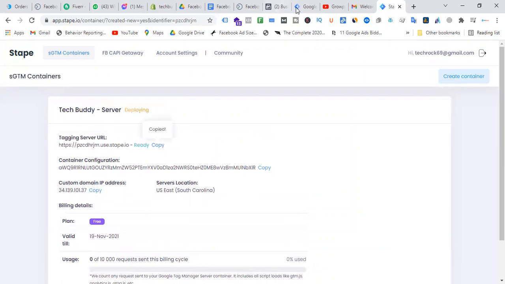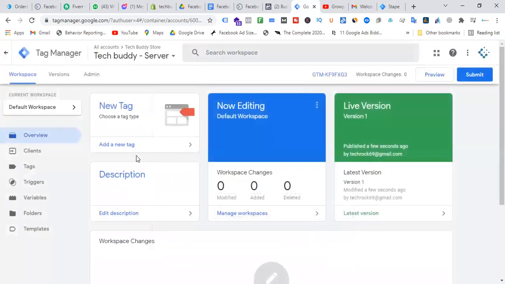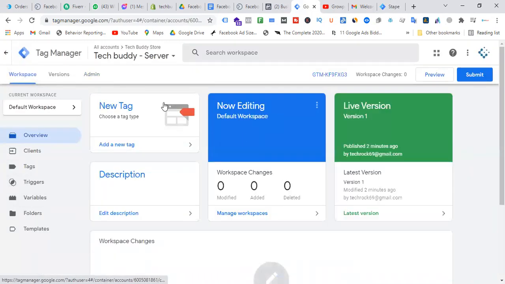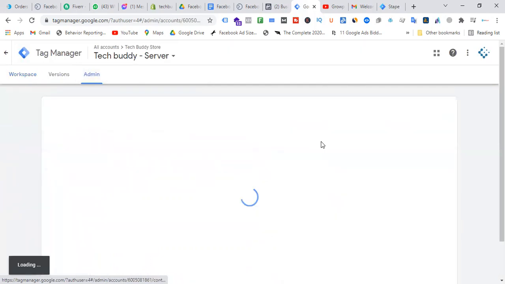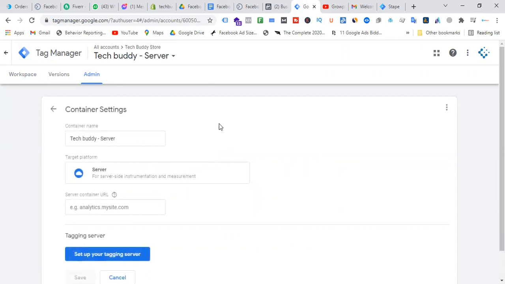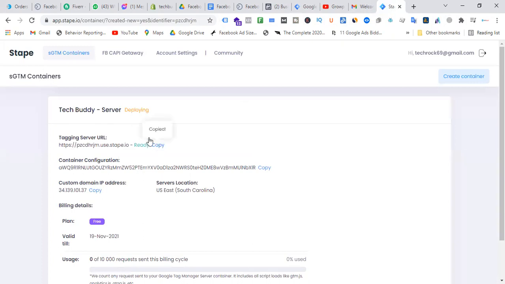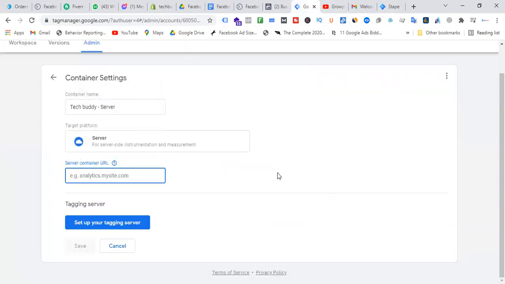So I'm copying it and coming back to the server side container and clicking container setting. That is the place where we have to put the server container URL. So I am copying it, putting in the server URL and saving it.